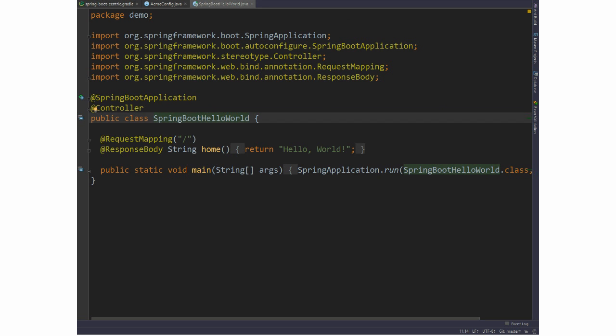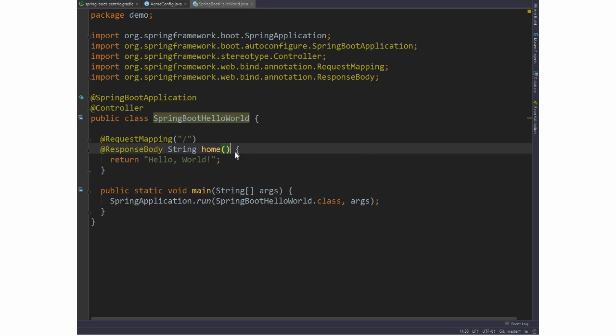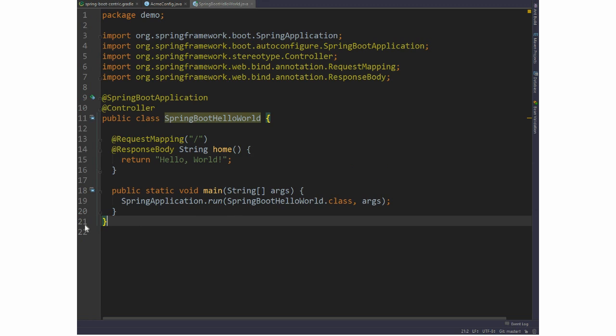So let's take a look at what Spring Boot Hello World looks like. I just want to take a moment and reflect on the brevity of this class. If we take a look at line numbers, including new lines and all, we have 22 lines. And when you think way back to Spring MVC 2.5, let's say, or even Spring 3.0, pre 3.1 MVC,